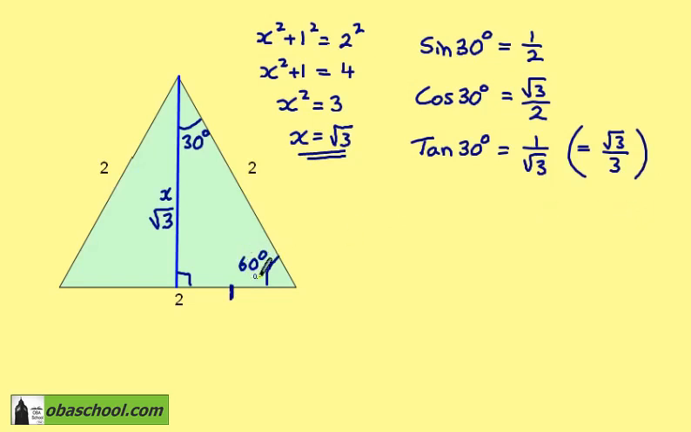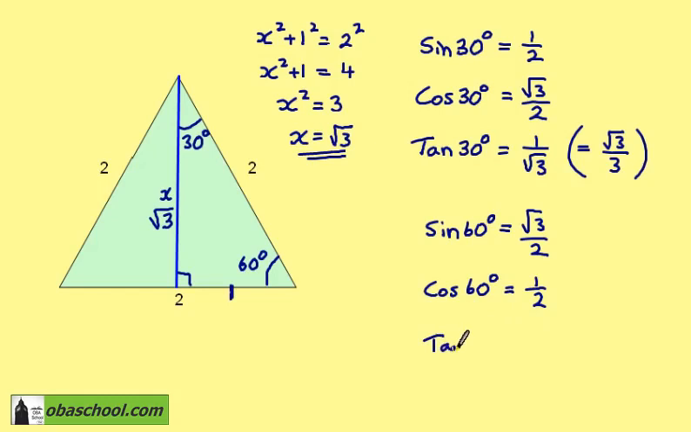If we now consider the 60-degree angle, the sine of 60 degrees is the opposite over the hypotenuse, root 3 over 2. The cosine of 60 degrees is the adjacent over the hypotenuse, so the cosine of 60 degrees is a half,